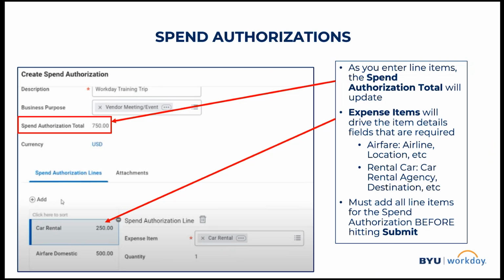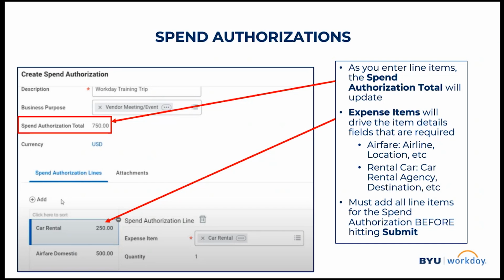And then you can choose car rental underneath there. So you'll see underneath there, like if you typed in car, you'll see car rental, you'll see car rental fuel. We're just gonna put in a car rental. And then the next thing you wanna do is choose an amount. So this will just be kind of an estimate as to how much you're going to spend on your car rental. I want to get my Corvette, so we're gonna,